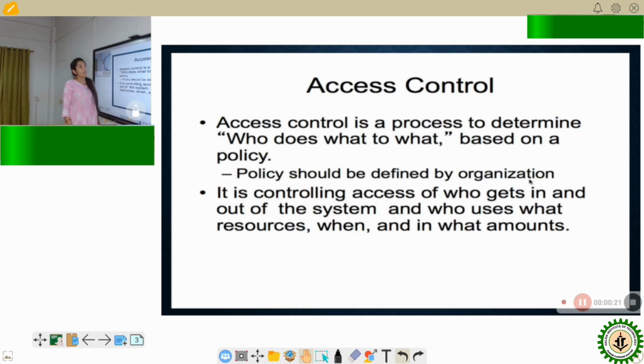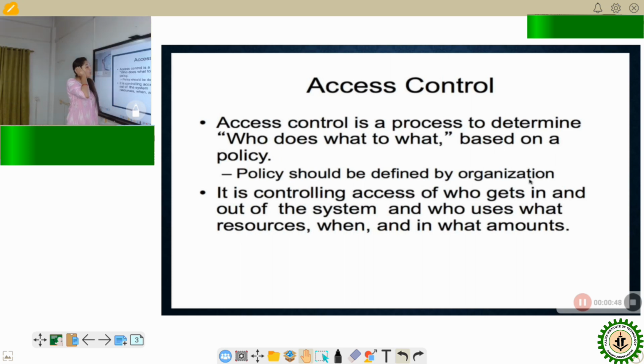So what is access control? Access control is a process to determine who does what to what, meaning access control tells us what person gets to access which object or which resource, and what operations he or she can perform on that resource or object.